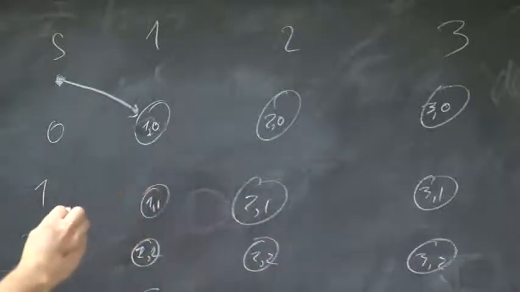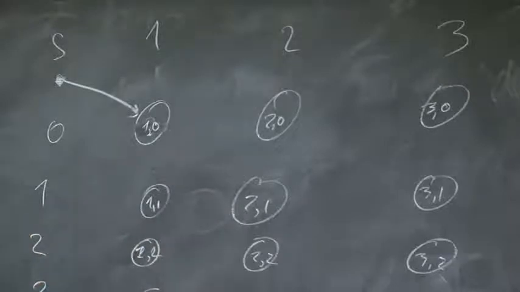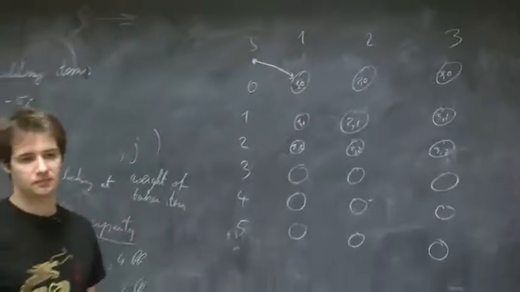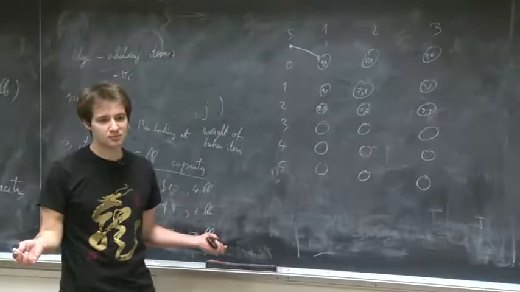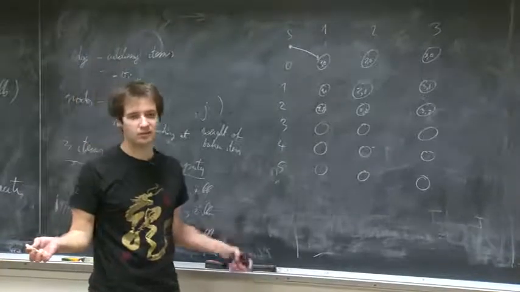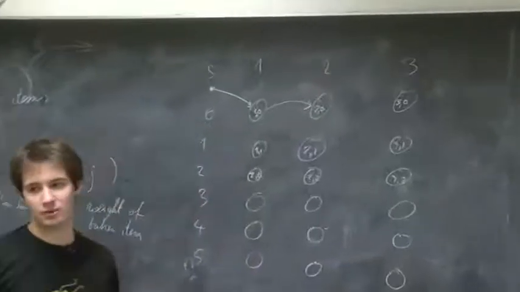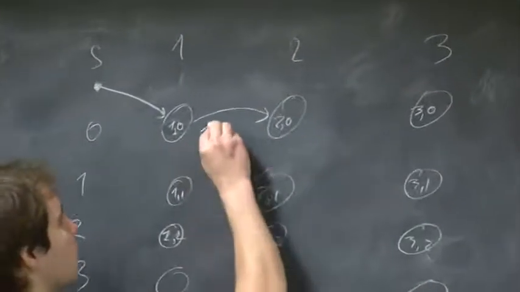So if I'm looking at item 1, and I have 0 pounds in my backpack so far, what happens if I don't take item 1? Where do I end up? 2, 0. Yep. So I'm looking at item 2 after I'm done deciding what to do with item 1. And if I don't take item 1, then I'm not going to have anything in my backpack. So this edge corresponds to